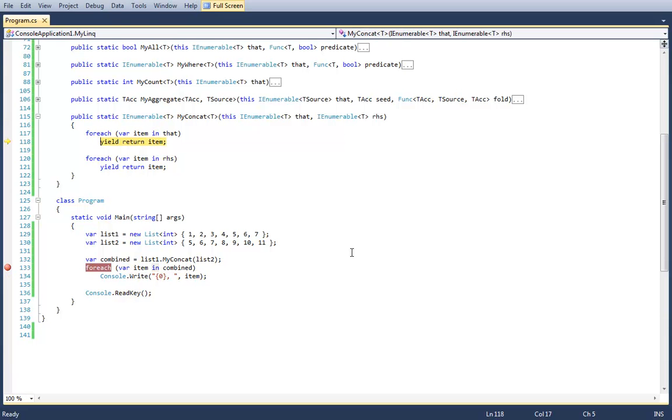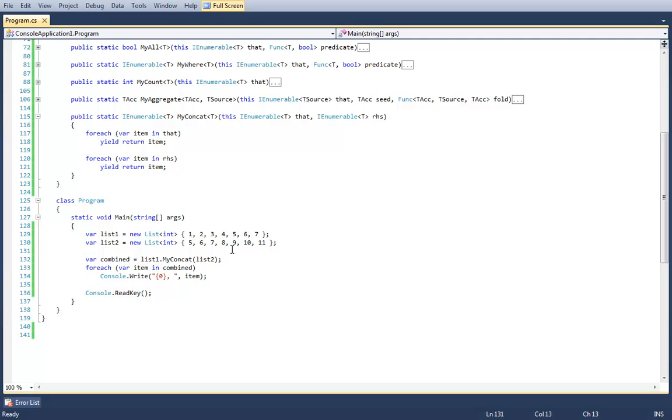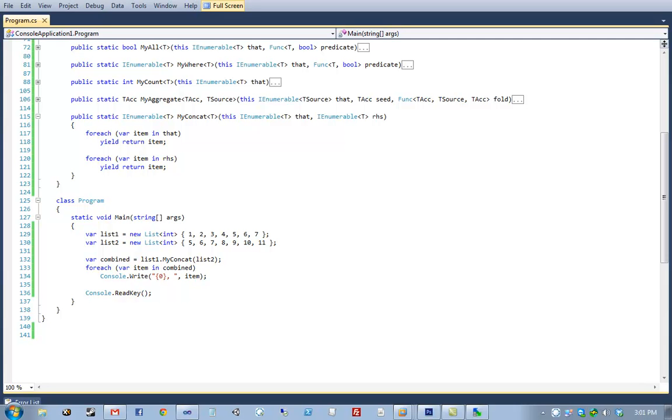So notice how we're continuously looping over this. Execution is, of course, broken apart because of the iterator block. But once we reach the end of that, we jump to line 120, and now we're doing RHS. And once we reach the end of RHS, we leave the function, and we leave the foreach loop. This is an example. Hold on. I did list.